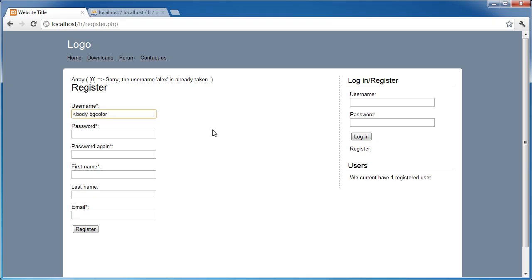Now what I'm going to do is type in body bgcolor equals black. Obviously this is a ridiculous way to set a background color in a document. We would use CSS, but I'm just using this as an example. Type in Alex and my email address. Now I'm going to click register. Oh, okay. Oh, of course, because that username already exists. The point I'm trying to get across is,